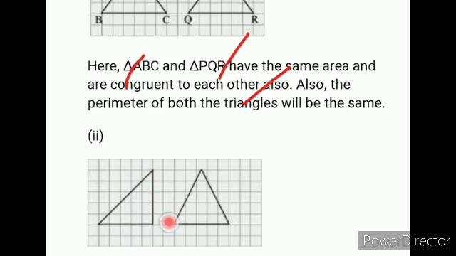These two triangles' areas are equal, but all three sides are not equal, therefore they do not have equal perimeters. Perimeter deals with the measures of the sides, because the sum of sides is called perimeter. Here these two triangles have different side measures, so their perimeters will be different. Maybe their areas will be equal but they are not congruent. Therefore they are not equal in perimeter.